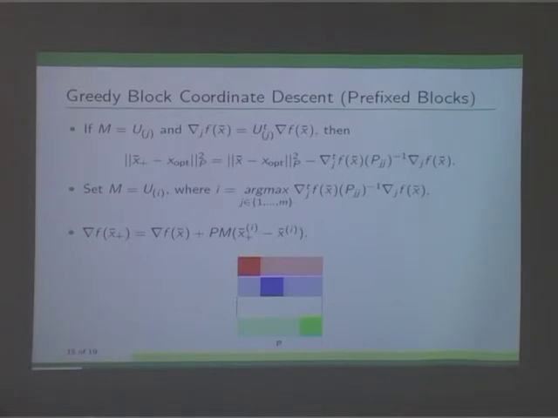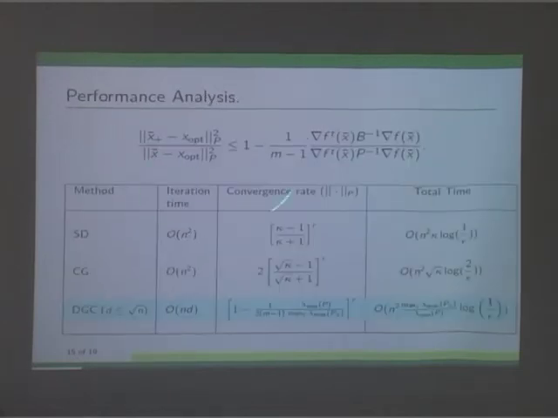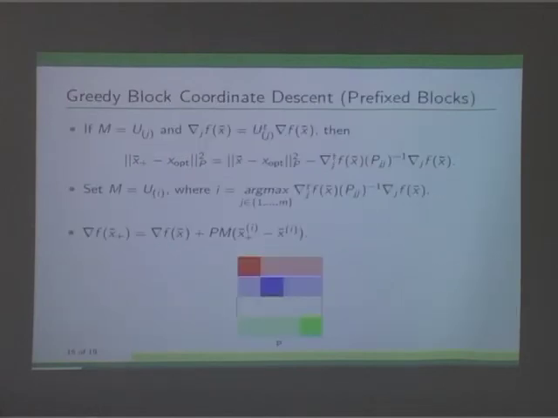What you are saying is a right question. Oh, we have so many blocks, so computing this for each block might be expensive, but I am saying it's not. If we pre-compute these things, is this okay? Okay. So now what I want to say is, what does the performance analysis of this greedy block coordinate descent boil down to?